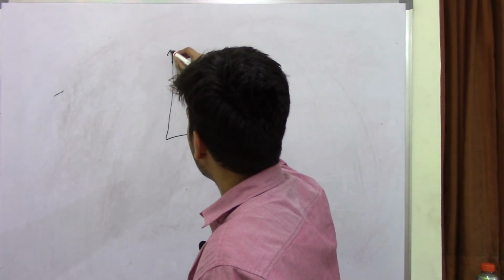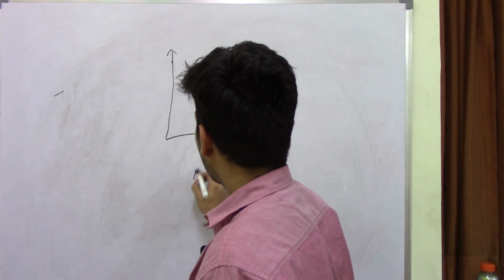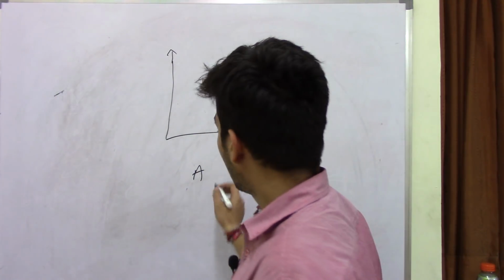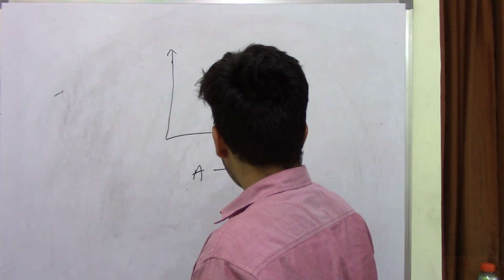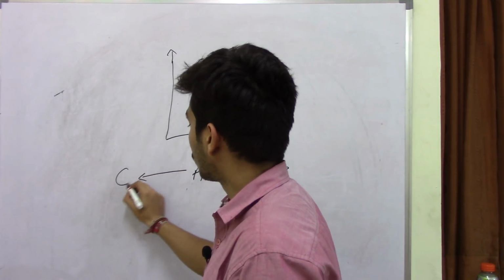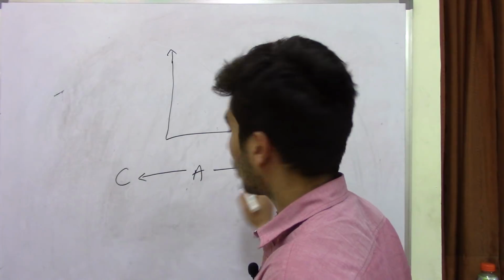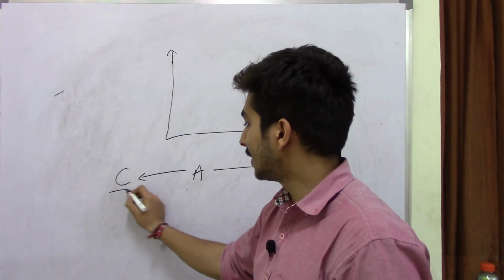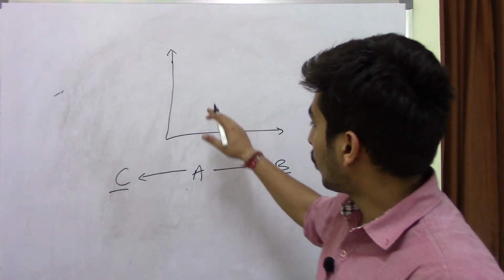Let's say we are having a reaction like I explained to you. From reactant A we can get reactant B, and from reactant A we can also get product C. So we can get two products, either product B or product C from A, right? Now if I plot the